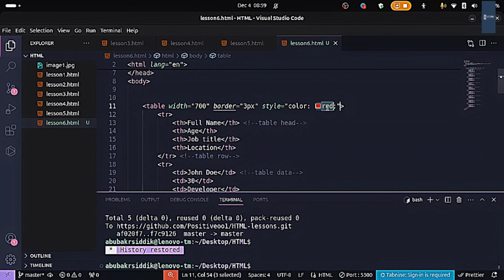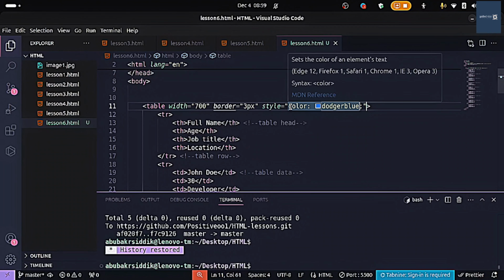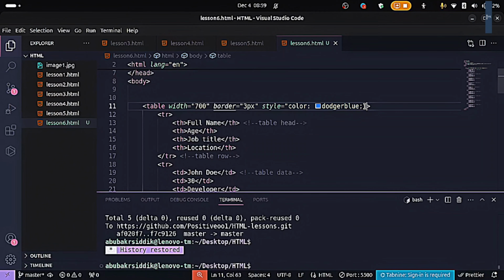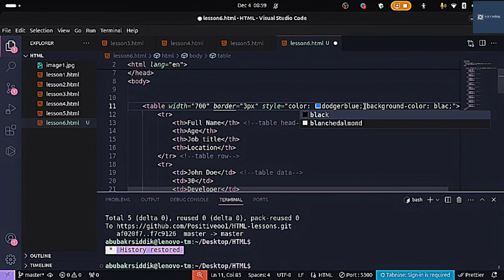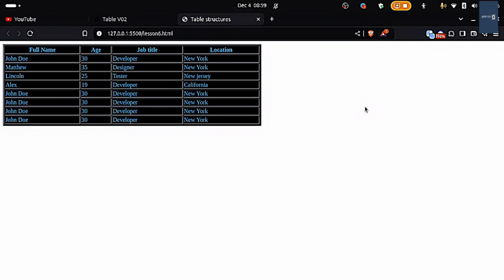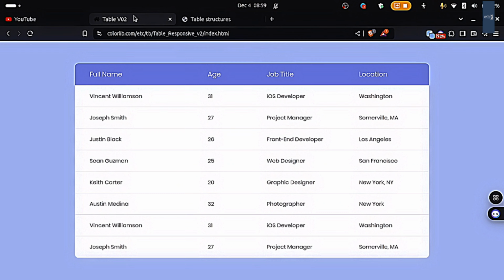And if you want, you can change any colors, which is Dodger blue, and you can change the table background color to another color. For example, background color can be black, and as you can see, this is like kinda different types of kinda black with the Dodger blue of the text color. You can choose any